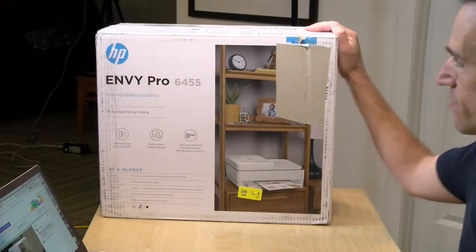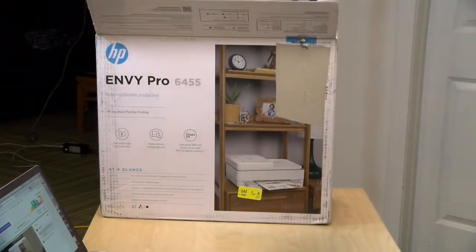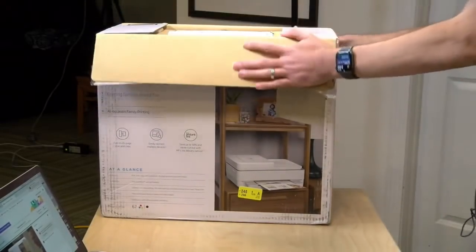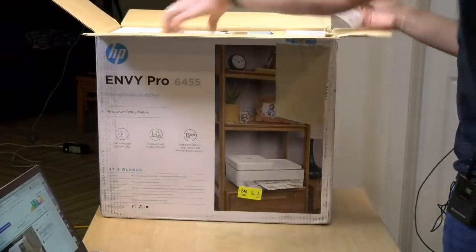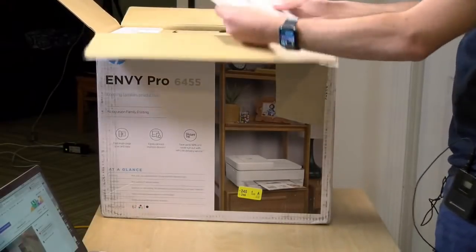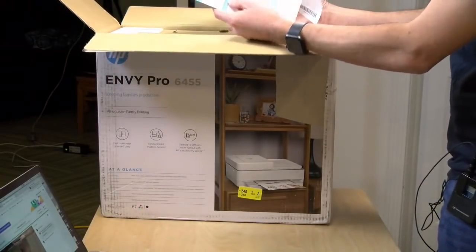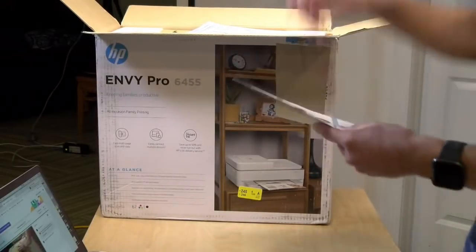So that's the plan. So let's get it out of the box here. I've got until probably about 4:30 or so, so about 90 minutes or so we can do stuff with. And I believe this is on loan from HP, so there's probably a return label, for me at least, in the box. Now, one thing about HP printers that you should know about, and let me get my other camera on here that might give you a better view of this,